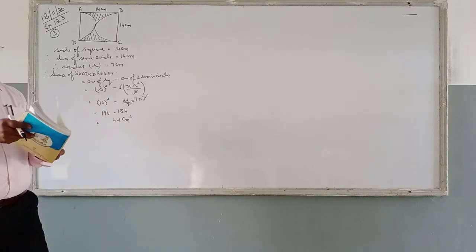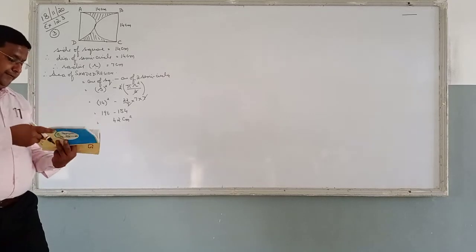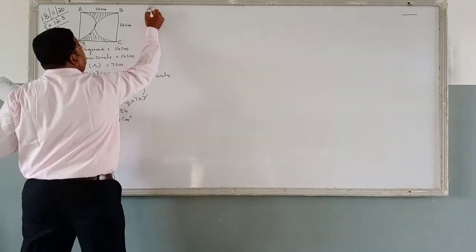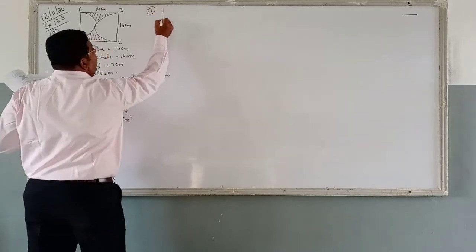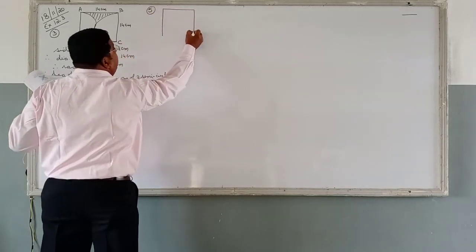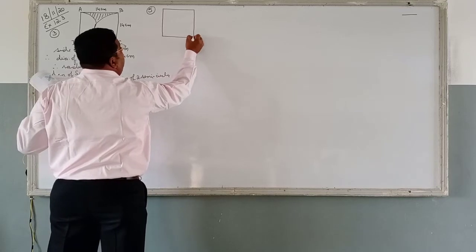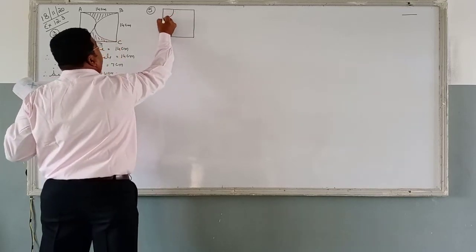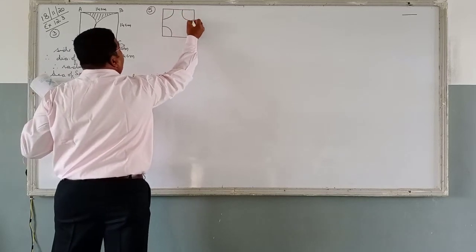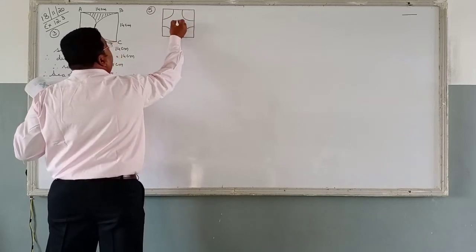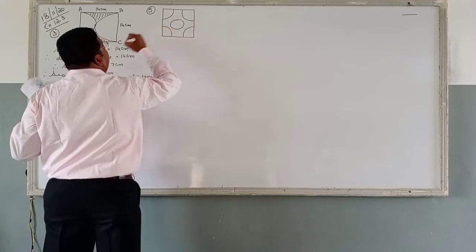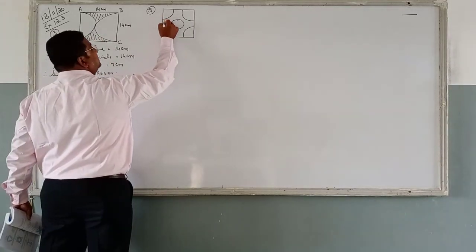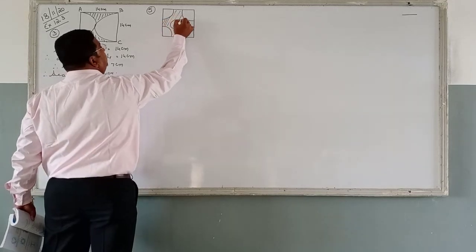Alright, take a look at question number 5. Again, you can see the figure. Question number 5, the figure is there on the board, you can see it. There is a square, again it is having a square, and out of this square, 4 quadrants have been cut, 1, 2, 3, 4, and there is a circle that is being cut out. So this is the shaded region. He says find the area of the shaded region.